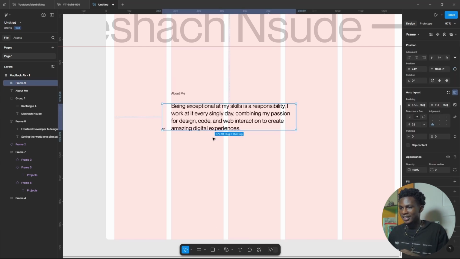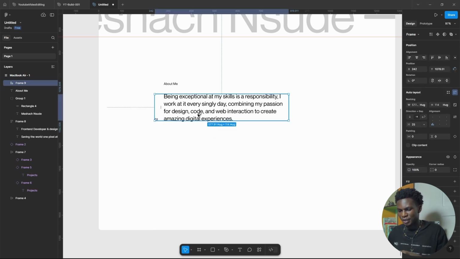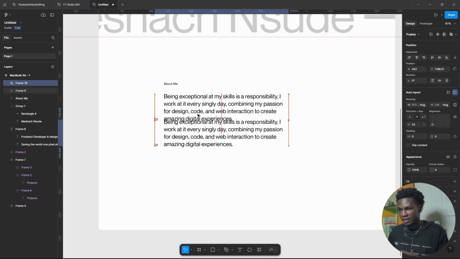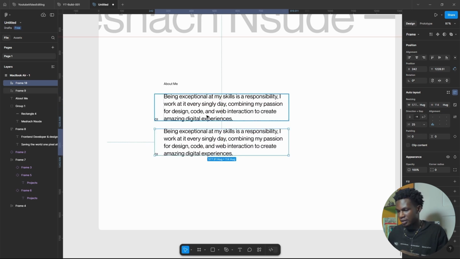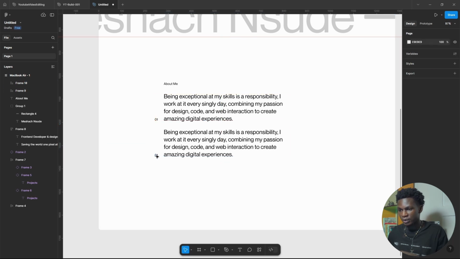Yeah, that looks good. 01. It probably should be a 02. Yeah, somewhere. So let's duplicate that, throw that down, make it 40 pixels as well, do 02,